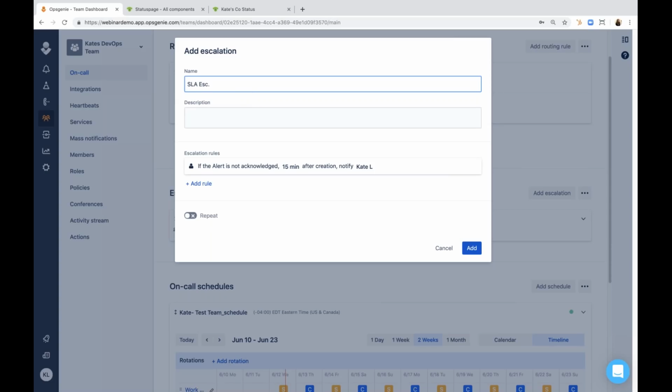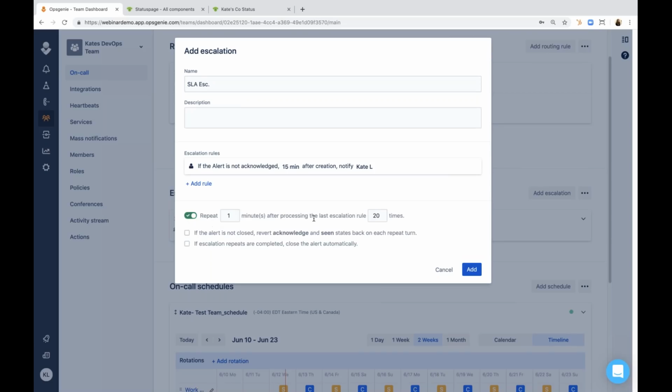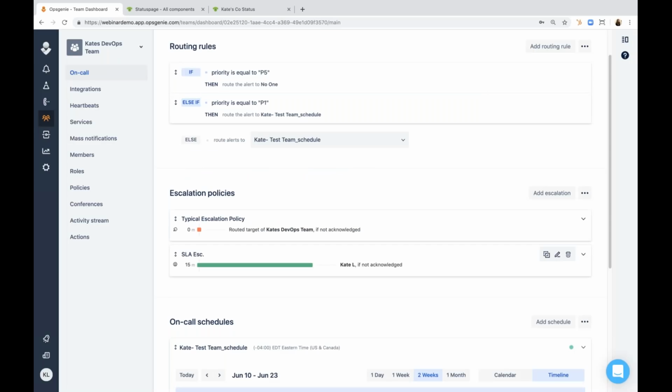And then you can also repeat it until the alert is acknowledged. You have a choice to repeat as many times as you want, or if the escalation requests are repeated, you can automatically close that alert. So hopefully highlighting that helps explain the relationship between the routing rules, escalation policies, and on-call schedules a little bit